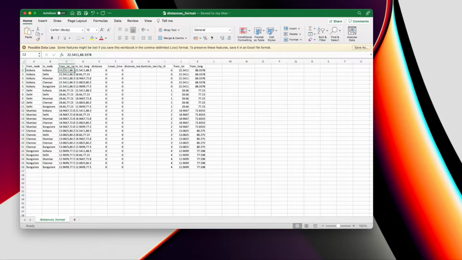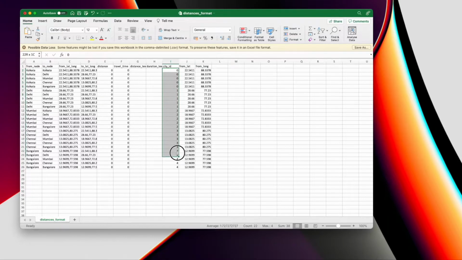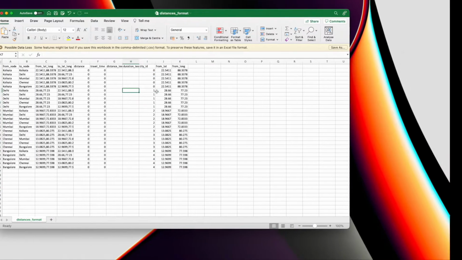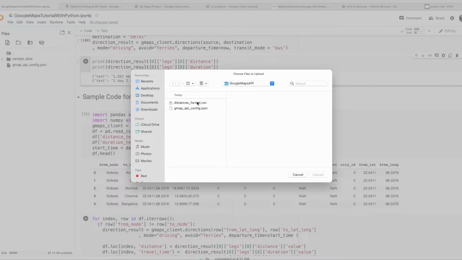I have their lat long, which is basically lat comma long in that format, and I have kept the distance and travel time as 0 because this is what I am going to fill up from the Google API call. I have also added some dummy city IDs, etc., and the lat long information for other use cases. Okay, so now I can load this dataset that I just showed you,